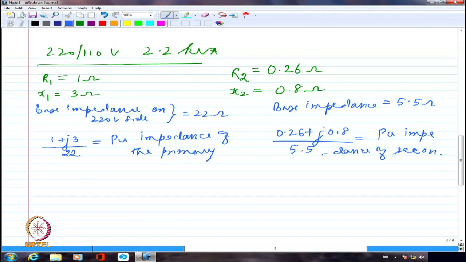So I can say very clearly that the impedances I have got, although I have calculated them independently, would be comparable. So just by observing the values, you would be able to say whether you have made any mistake in the calculation or measurement. If for one of them I get 1 ohm, for the other 1 per unit, and for the other if I am getting 22 per unit, for example, I know for sure I have goofed up somewhere. So the per unit values give you some kind of estimate or ballpark values, approximate values, so that just by inspecting them, you would be able to say whether you have done all the